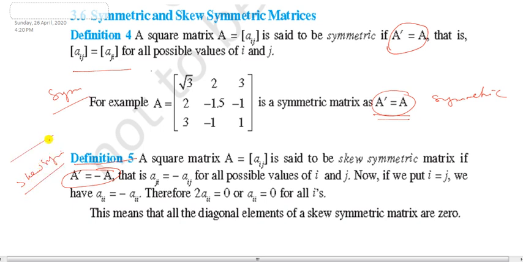Okay, let me explain you. You just pause this video and take the definitions, technical definitions. You just remember it carefully, but let me explain you through examples. Okay, now question is how to form a symmetric matrix, right?